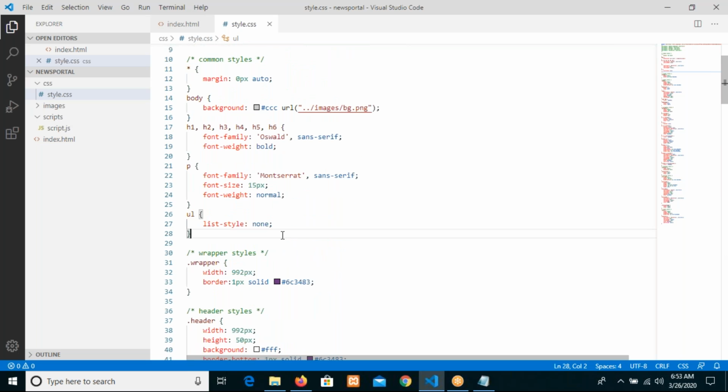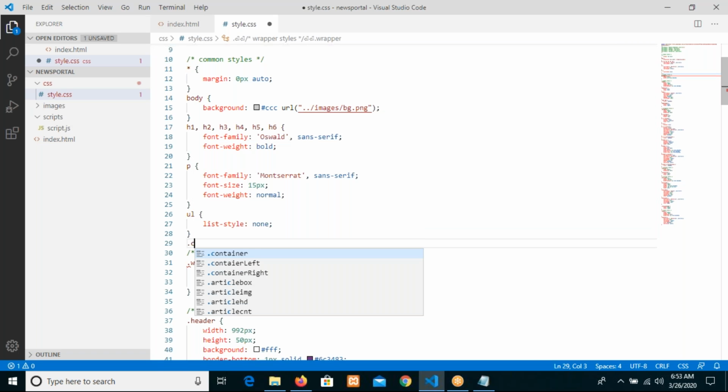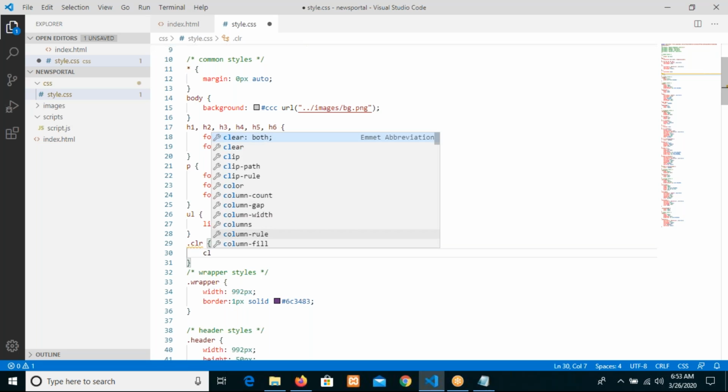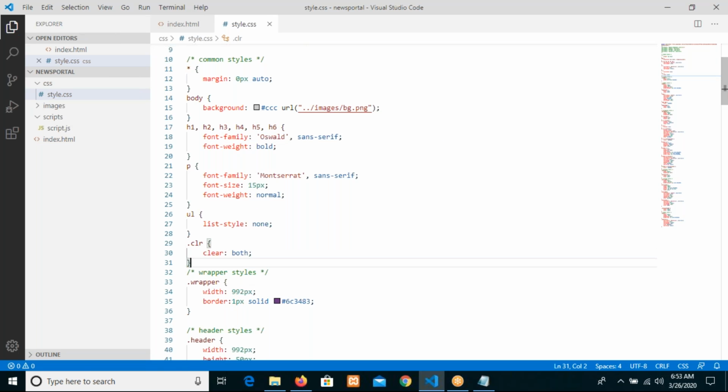Clear both. For timing, I'm just writing here something, clr, clear both. Now